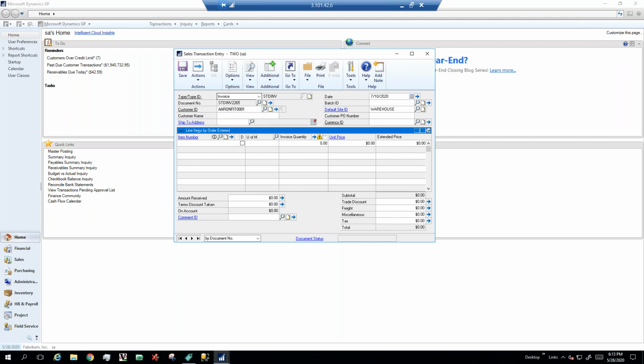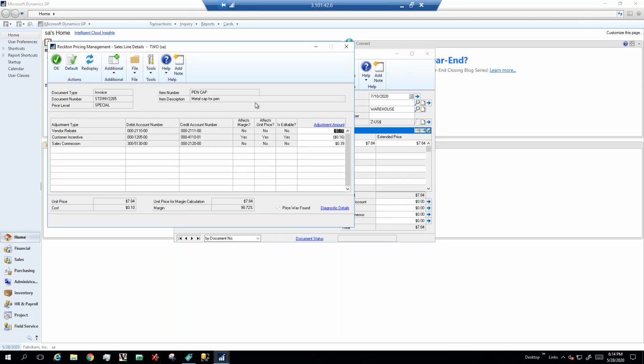So we're going to go with good old Aaron Fitz in this case, and we're going to sell a pen cap. So we're looking at $784 as the price. Now this is a different customer entirely, and this is not considered one of my elite customers, but they have their own set of pricing rules set up for them as well. So if we drill back,